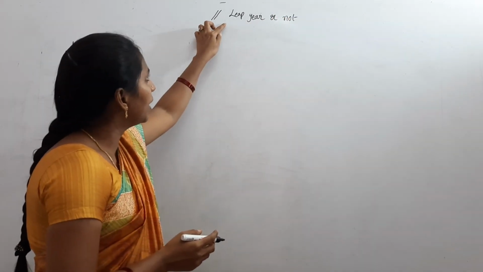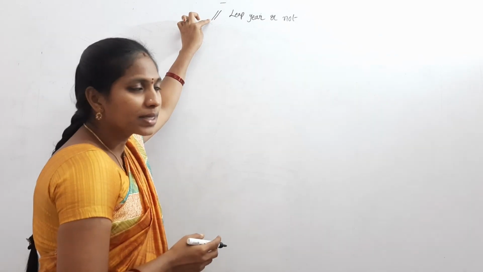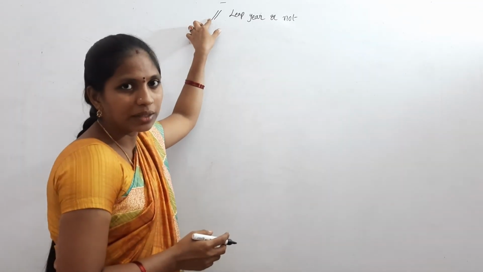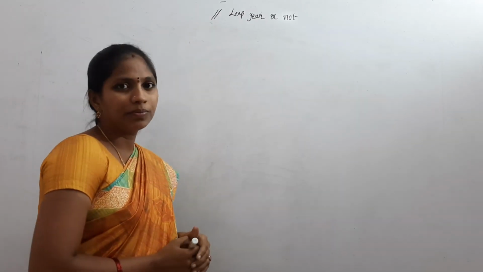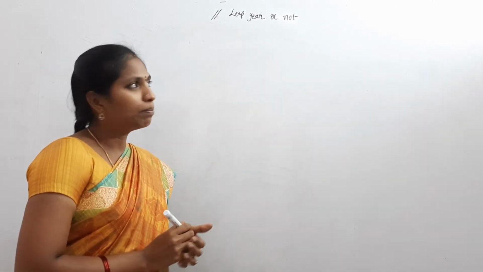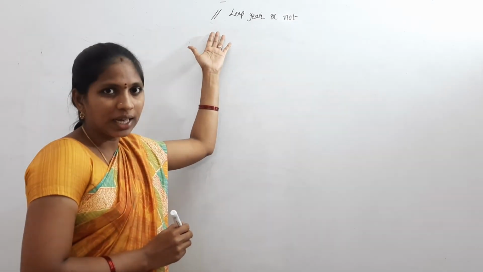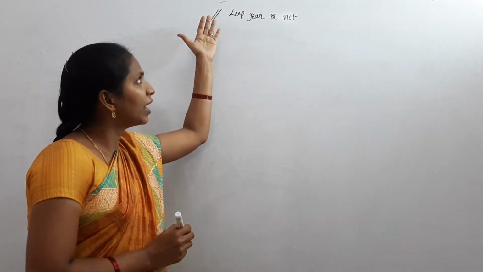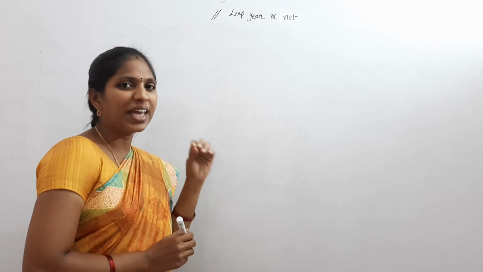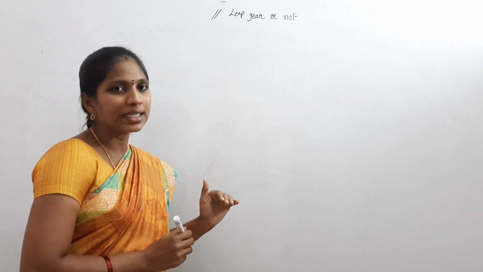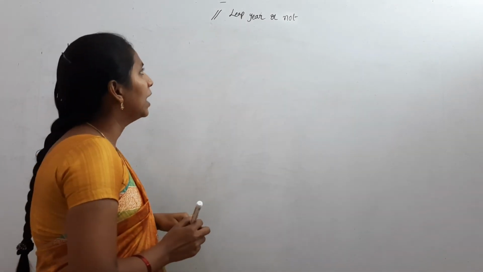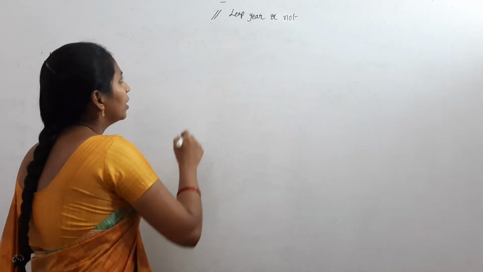See, in this statement I used two forward slashes. It is called a single line comment. Actually, a program means a set of instructions, but this is not an instruction. The compiler does not identify this comment block. If you want to write any explanation or titles, use the comment section. This is a single line comment: a leap year or not.